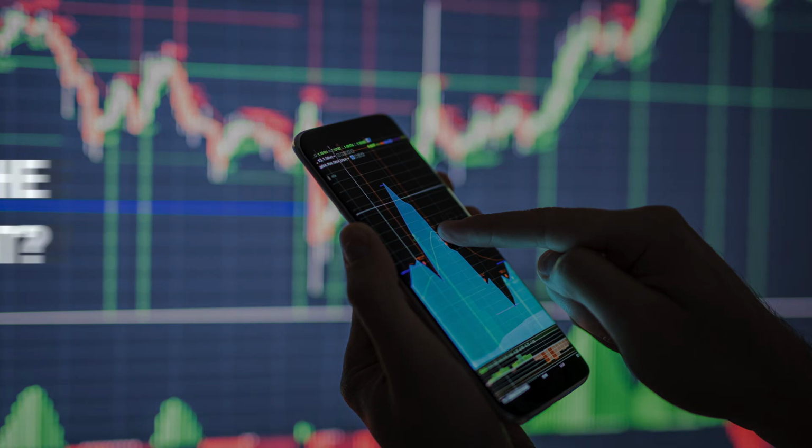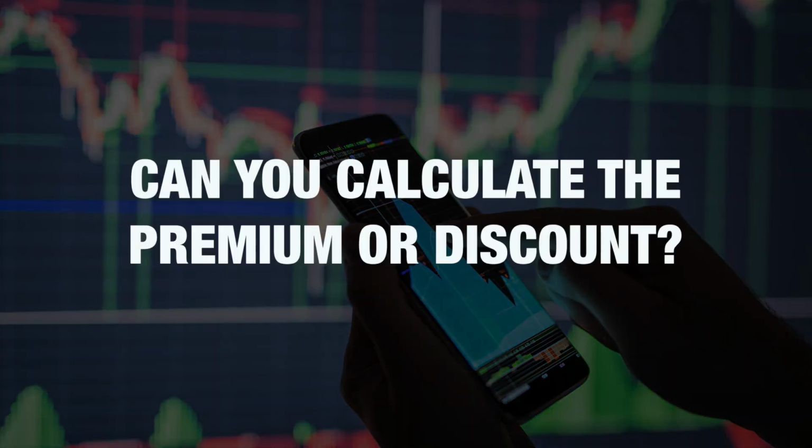Can someone easily work out the premium or discount? Look, for most of the listed investment companies, yes, because they are required to publish their NTA at the end of every month. They've got 14 days to do that. The good ones get it out very quickly. Some publish it on a more regular basis. Some do every week. Some of the better LICs are actually doing daily. So it's getting better. Yeah. And you can get a measure of how it's progressed during the month by just looking at what they invest in and looking at how the overall market has performed and making an adjustment. Of course, the way we measure the premium or discount is to compare where it's trading on the ASX to what the NTA is, and that's how you calculate it.